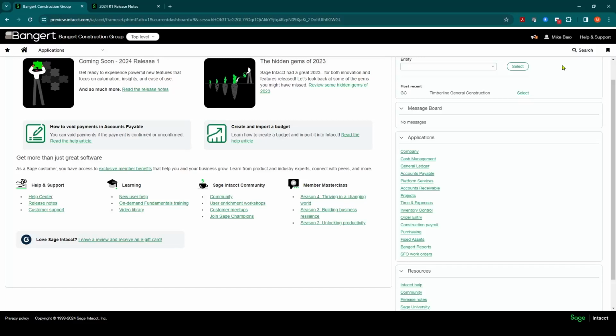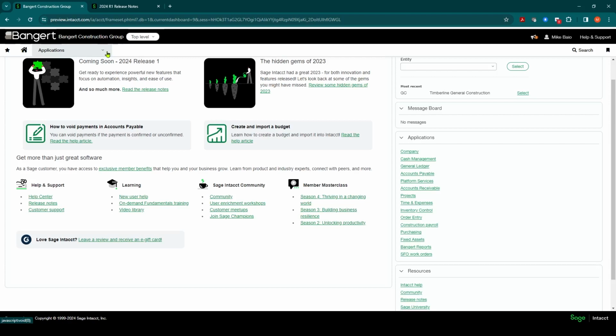Continuing on with our 2024 release items, over on the construction side, users now have the ability to track insurance and miscellaneous compliance records by the primary document. So in the prior releases, you can track that information on the vendor only. In this scenario, you're now able to turn on and track items like insurances specific to each subcontractor commitment for